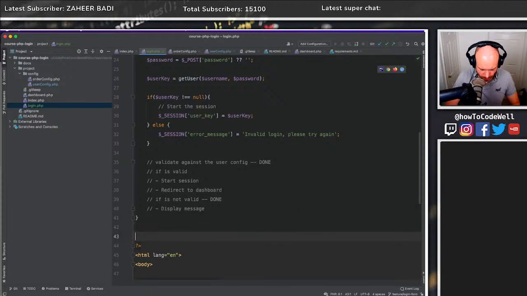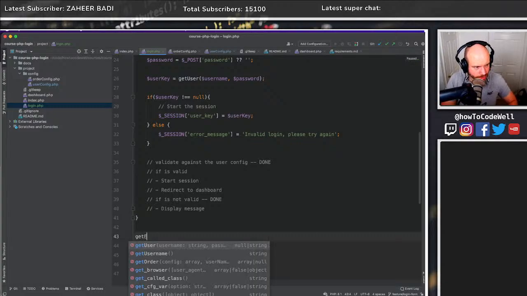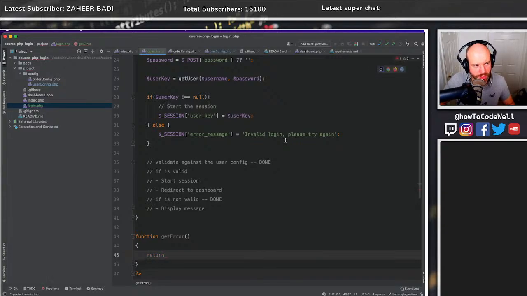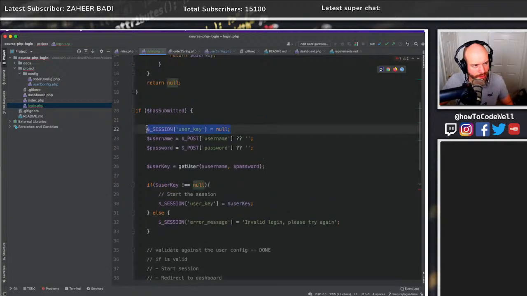All right, I tell you what, I was going to write public then. Let's do a function called get error. Yeah, get error. And that is going to return the error message, which again will be reset above here. No, it's not going to be reset because that's. So here, sorry,